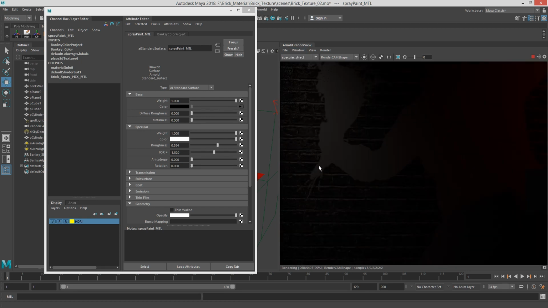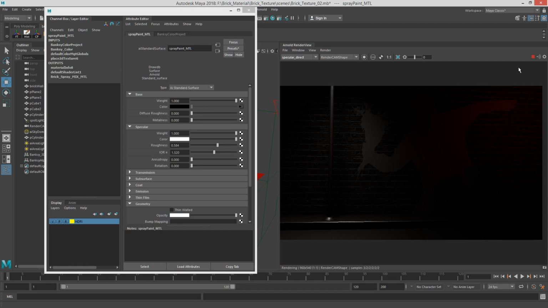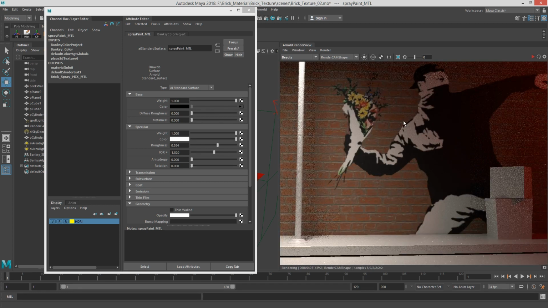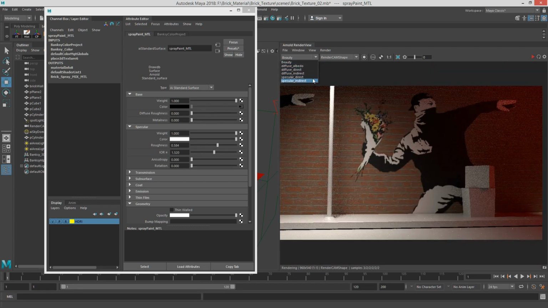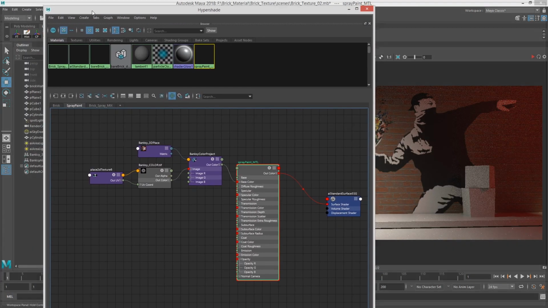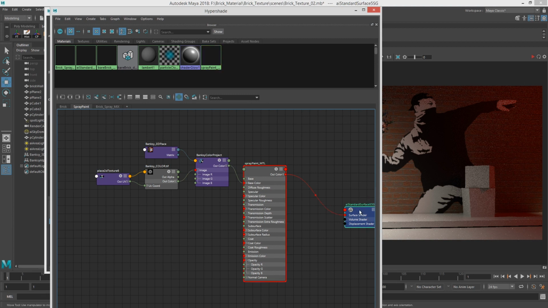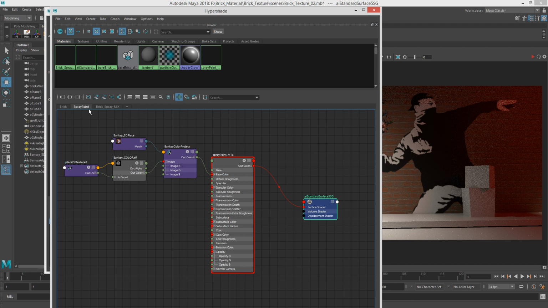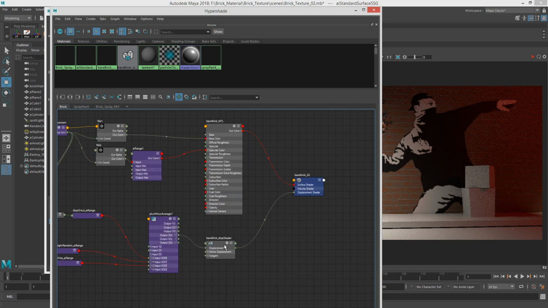You can see spray paint. What we want to do is break that up a bit. So let's say that value is good for that. One thing that's happening now, since we're using that new mixer, is that it does not have displacement. So what we need to do is take our displacement from our brick and put it into